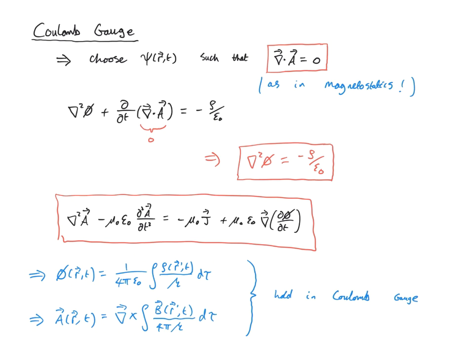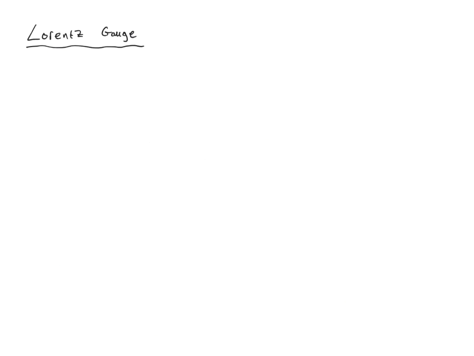And so a better way is to use a different gauge from the Coulomb gauge that I've written down here, that actually makes these equations manifestly causal, and this will actually come in useful when we generalize this theory within special relativity in the next lecture. So let's have a look, therefore, at the so-called Lorentz gauge. In the Lorentz gauge, we make a very specific choice of our gauge transformation. We do a gauge fixing procedure, which results in a divergence of the vector potential not equal to 0, as in the case of the Coulomb gauge, but equal to